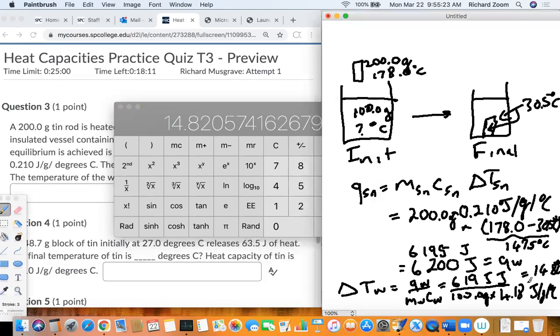Now this isn't the temperature of the water. What this is, is a change in temperature of the water. So I had said this earlier, that we knew that the final temperature of the water was 30.5 and that the temperature of the water must have gone up, which means the final temperature of the water is actually going to be 30.5 degrees Celsius